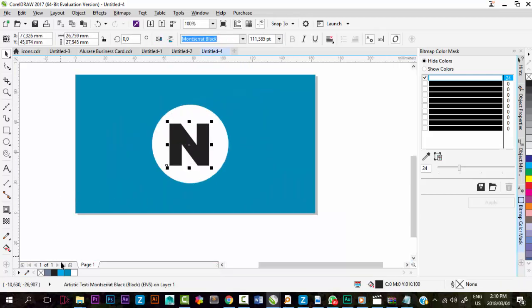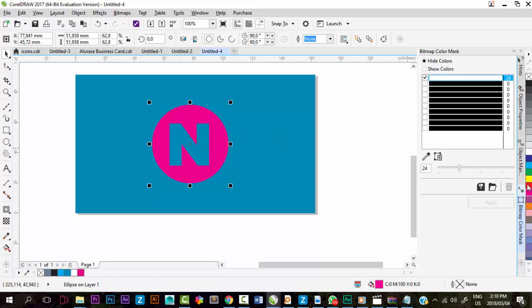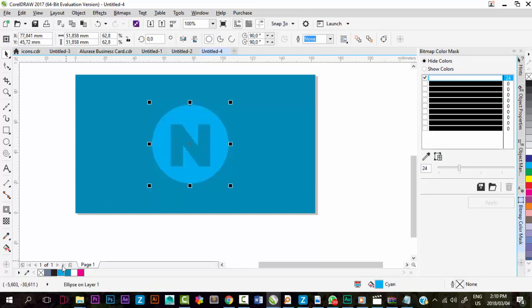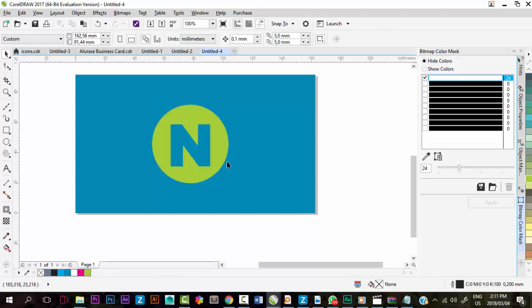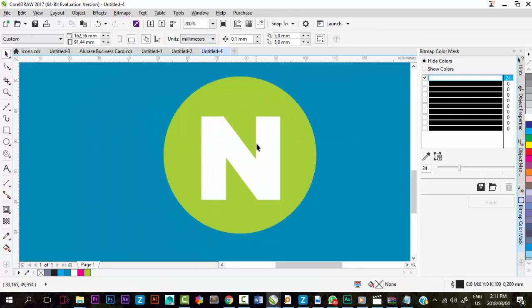Now just gonna give this N a color and also give this one a color. Maybe this one we want a decent color here, so maybe I'll put this greenish color, right? And maybe put white here, right? Okay,